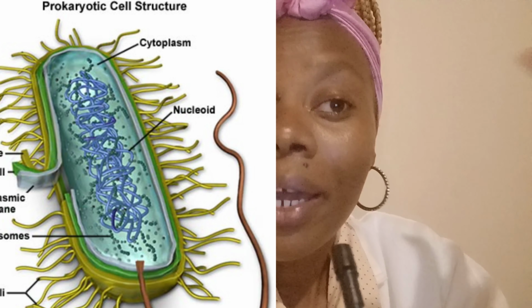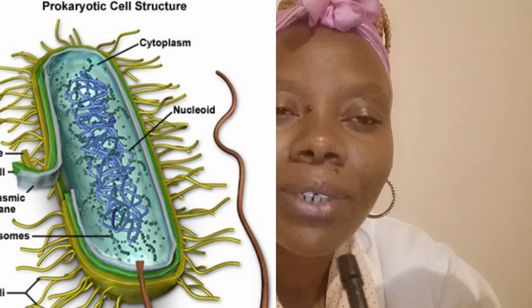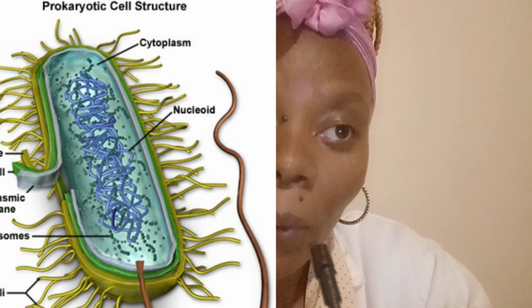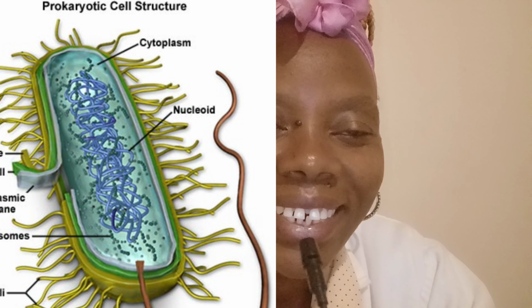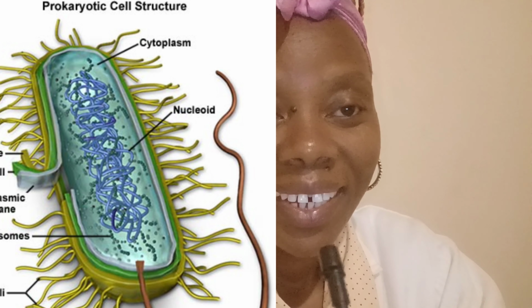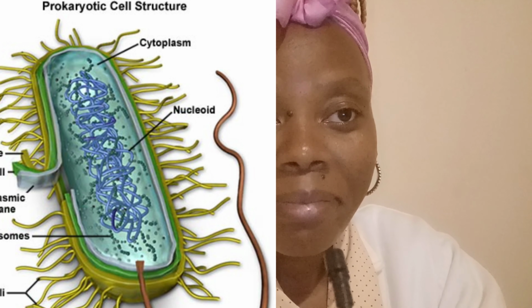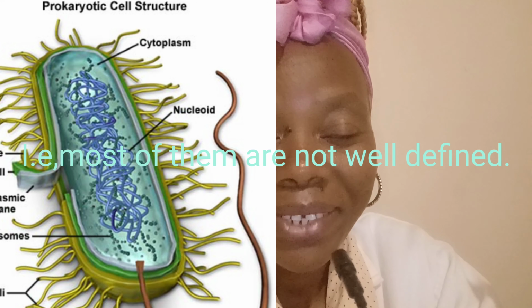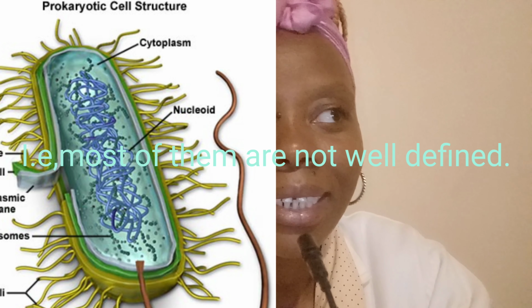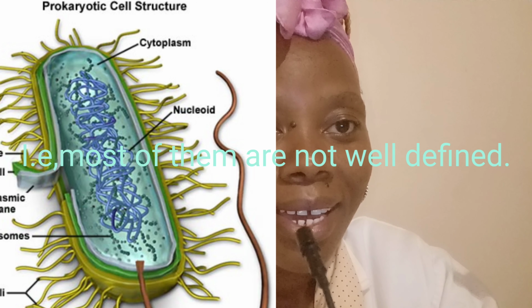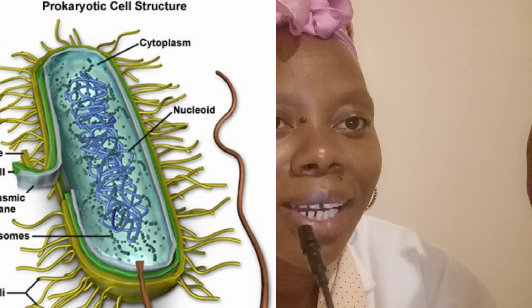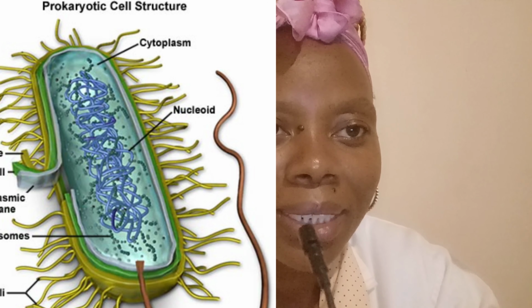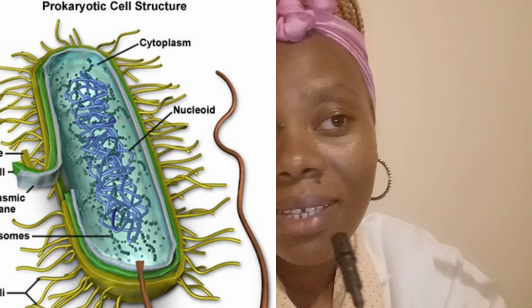And so, where were we? Eukaryotic cells. Eukaryotic cells have a nucleus that is enclosed in a nuclear membrane. And then prokaryotic cells, these cells have no nucleus, or if they have, it is not enclosed in a nuclear membrane, and it is not well defined. You'll just see a nucleus lying anywhere in the cell. It can be centrally located, or just somewhere in the cell. Mostly it's centrally located, but it's not a well-defined nucleus.